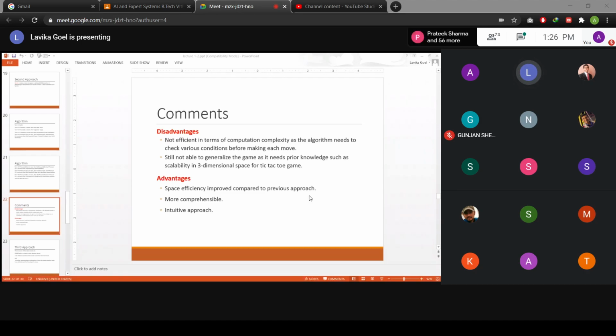So we have saved a lot of space in terms of space complexity, but time would be more, because now we have to check various conditions before making a move. Before making each move, you have to check whether X is winning or not, whether O is winning or not. If nobody is winning, then you will play your normal strategy. So before making every move, you are checking several conditions. That is why it involves more time than the previous one. But of course, it is more space efficient. And it is more understandable, because you know what strategy you are following. And you can change your strategy also.